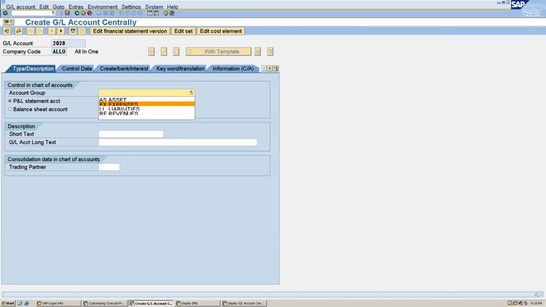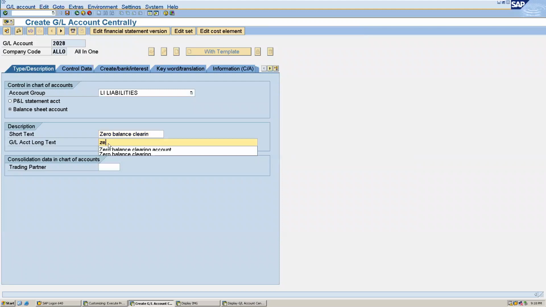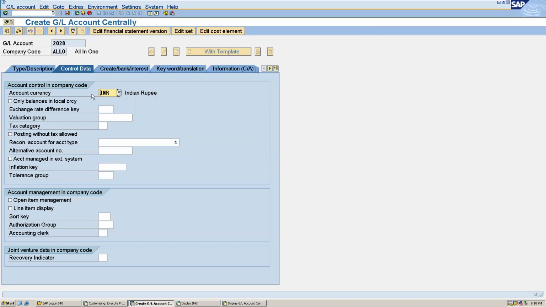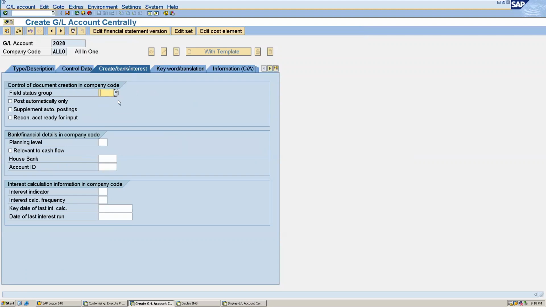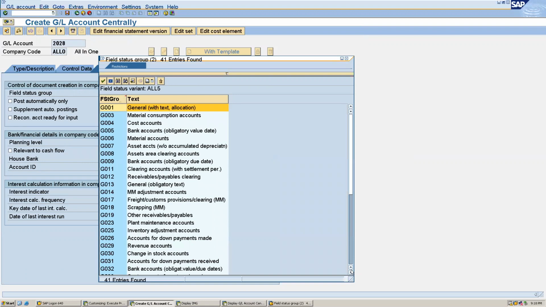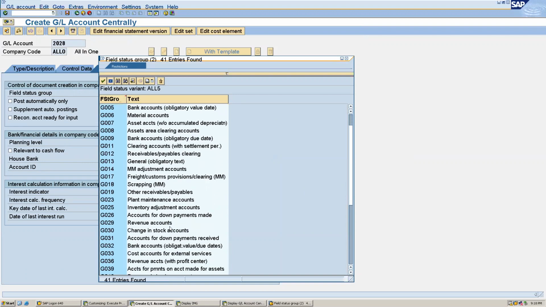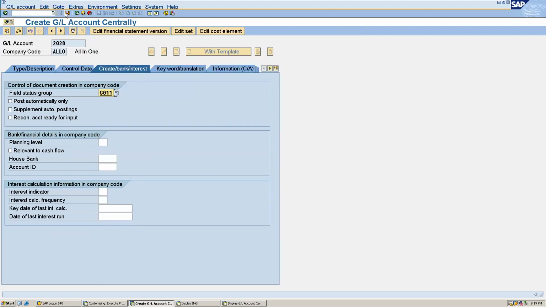Create on groups: liabilities, balance sheet account, zero balance clearing account, only balances in local currency. And here we have to give our field status group. So we have to give the one for clearing account. Okay, save this.